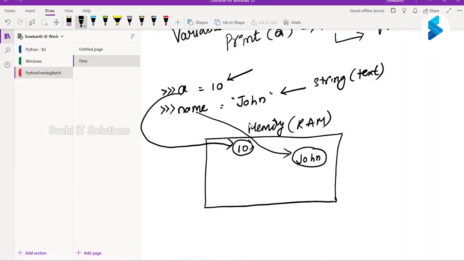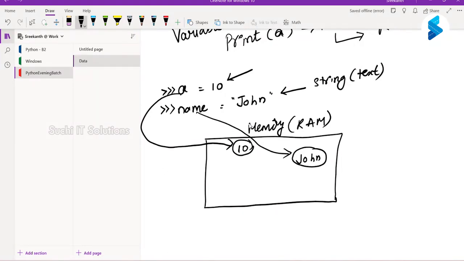This is all handled by the Python programming language. We don't have to worry about what the address is or how we get it. Your language will take care of keeping track of the address or memory location of a data, and it will always associate it with a variable.